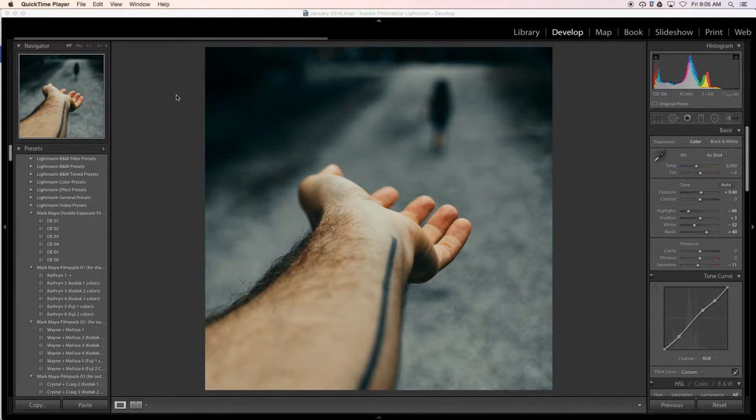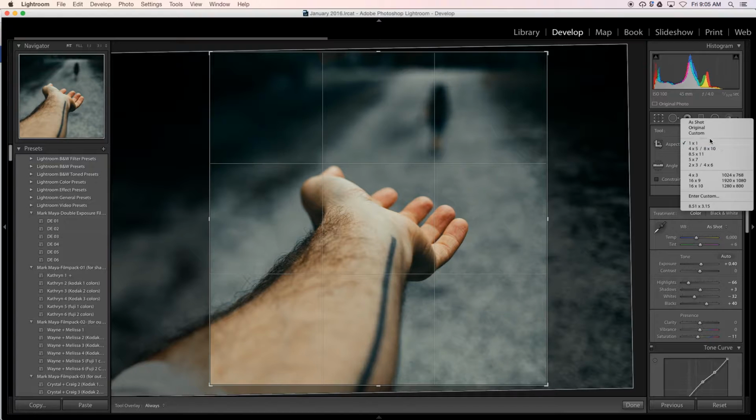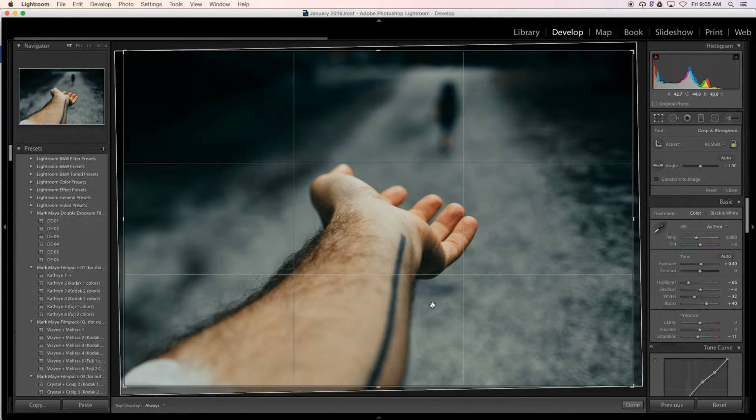I'm going to show you some edits real quick. This is what I've started with. So I've cropped it. I'll show you what I started with. Here's my original shot,